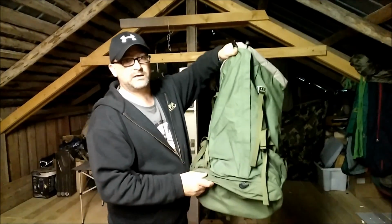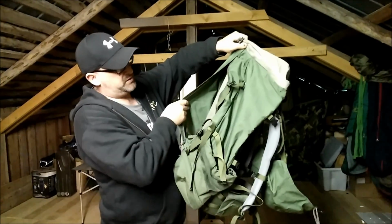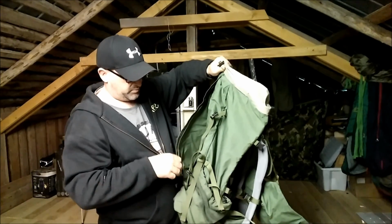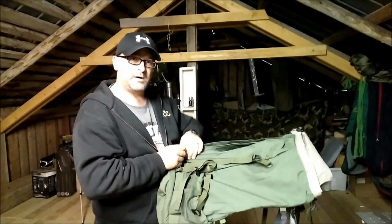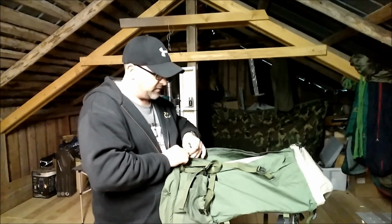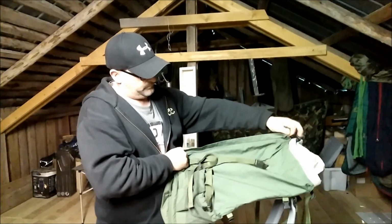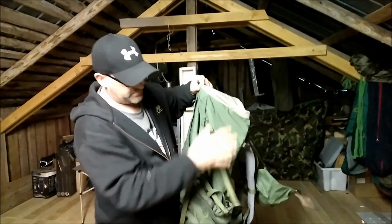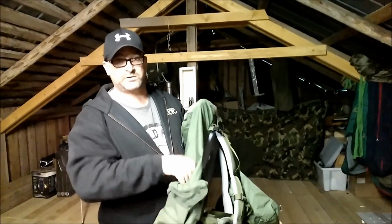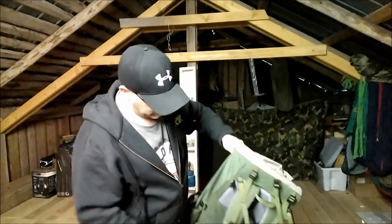So on the front of the bag you have a zip, full length zip, and that opens out into a nice big pocket. Rain fly, it's probably big enough to put a small stove, water bottle, anything like that. Yeah, it's pretty big, full length of the bag, which is good. Compression straps top and bottom. It has mesh pockets at the bottom for putting a water bottle in,